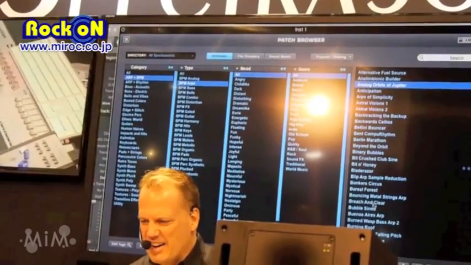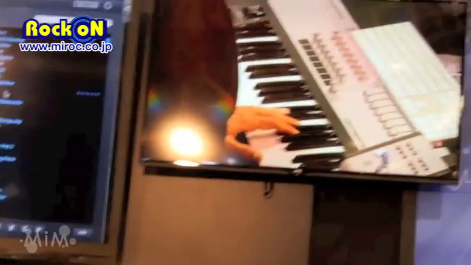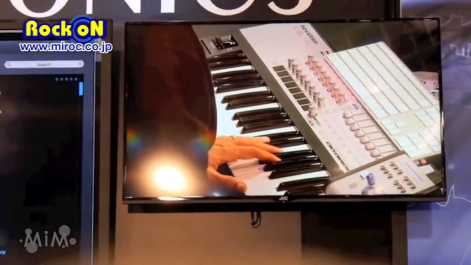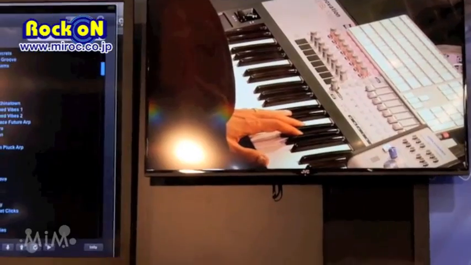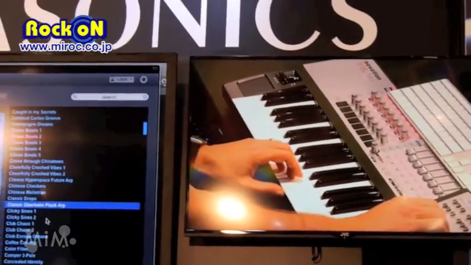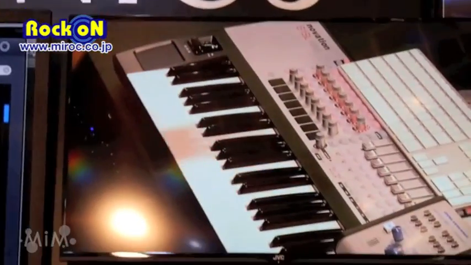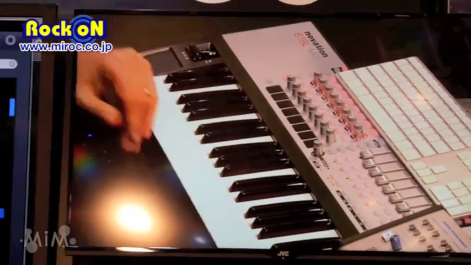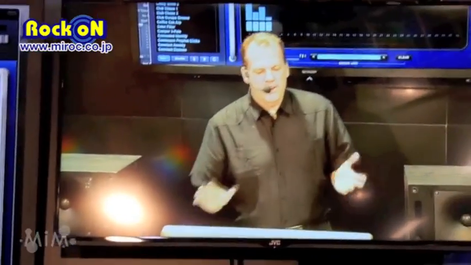I'm going to find something a little bit tighter so that it cuts through a little better. The NAMM Haze. Yeah, let's try this one here. You can hear that better. Yeah, that's your classic arpeggiated thing that happens, right? Plays the note, and it tracks whatever you play. But in the new Arpeggiator,